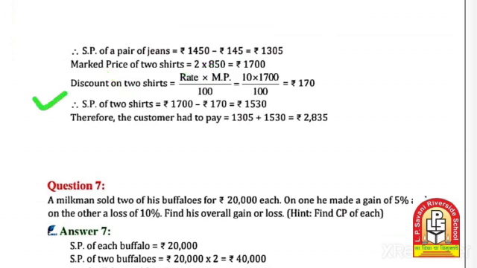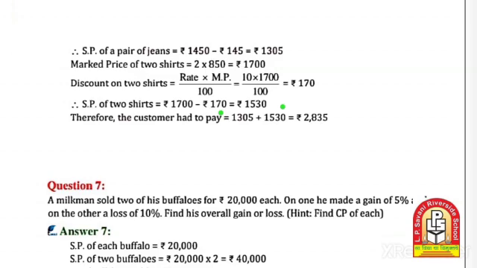Then the discount on two shirts is 10% of rupees 1700, that is 10 multiplied by 1700 divided by 100, which gives us 170. Then the selling price of the two shirts is equal to rupees 1700 minus 170, that gives us